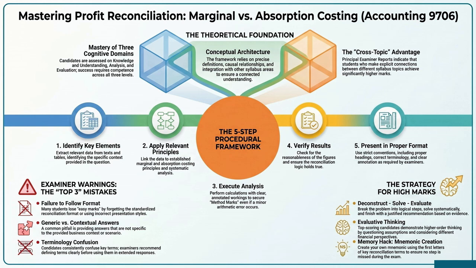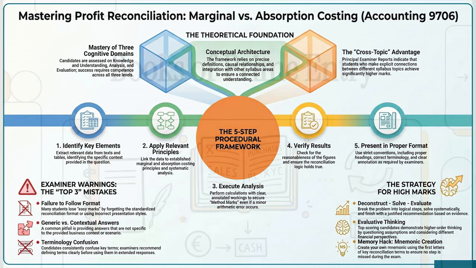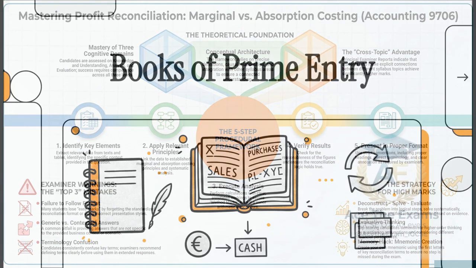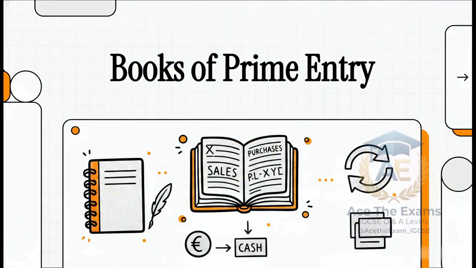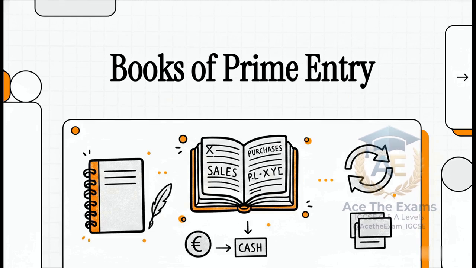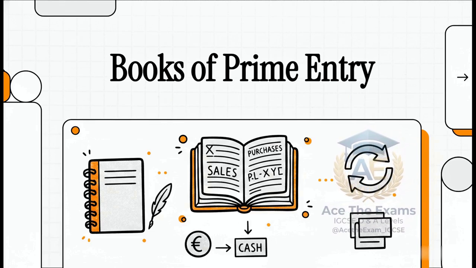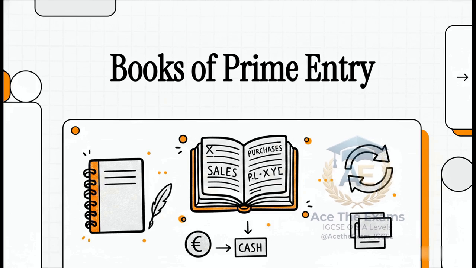All right, let's dive right into this elite masterclass on books of prime entry. This is an absolutely essential topic that shows up in literally every single Cambridge Accounting AS and A-level examination series. If you're sitting for the 9706 syllabus, you already know that mastering the sales, purchases, and returns journals, along with the cash book and the general journal, isn't just an option, it is the absolute bedrock of your